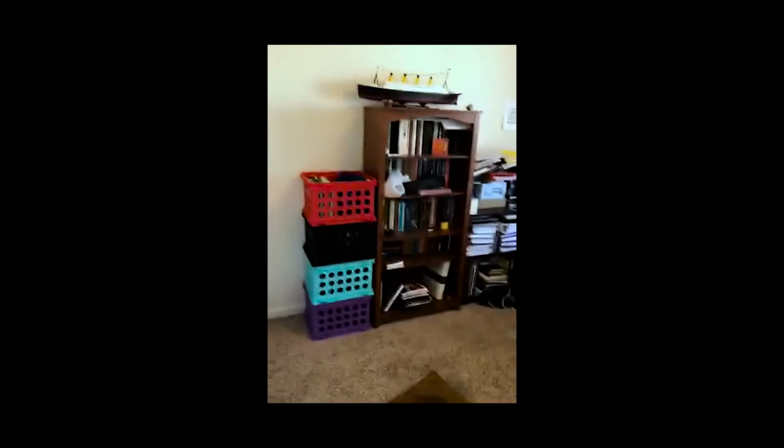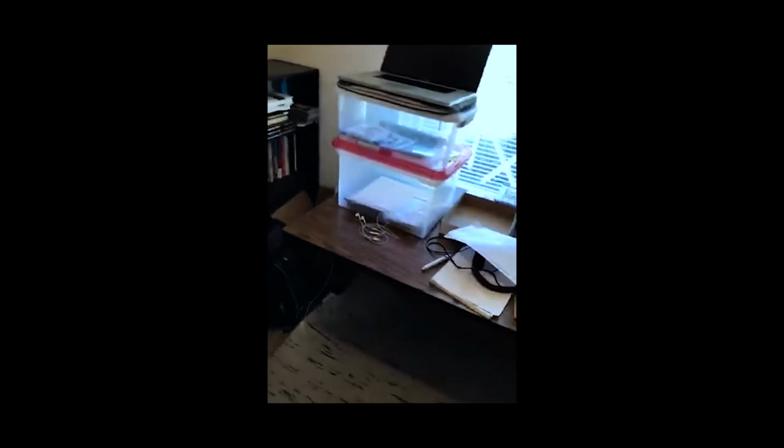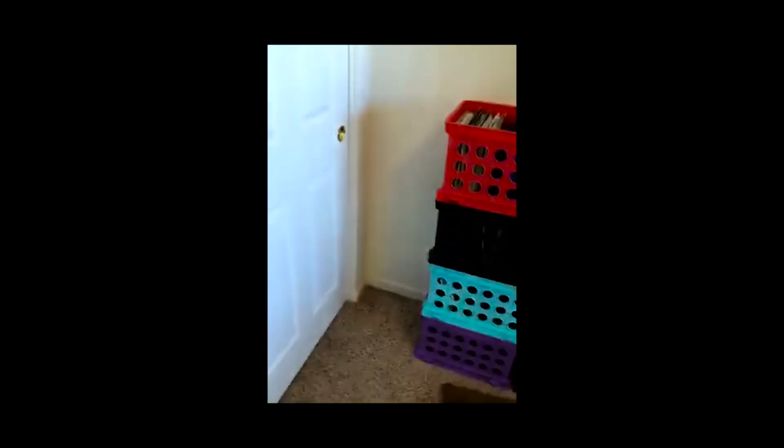Let me show you my office here. This is my office. I work from home. As you walk into my office, you see that I've got a bookshelf, some crates, some more bookshelves. My computer, and my filing cabinet goes right there, but it is not there at the moment,